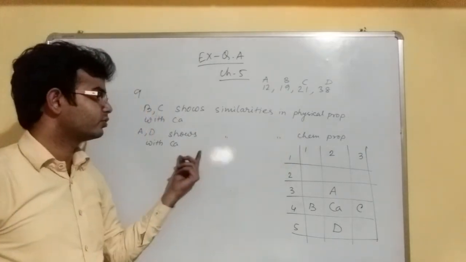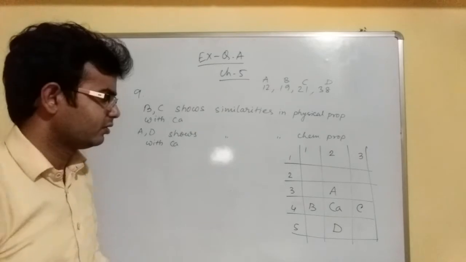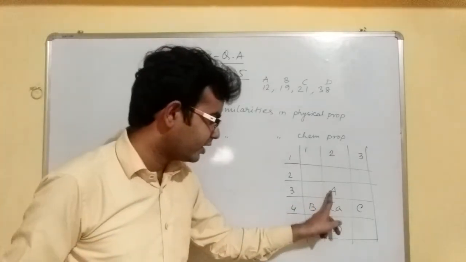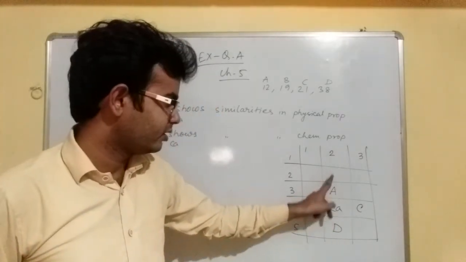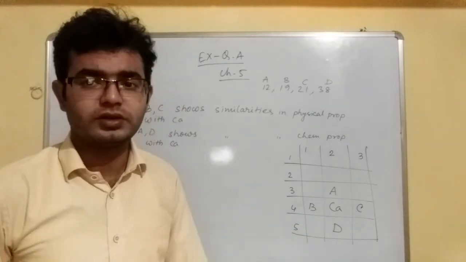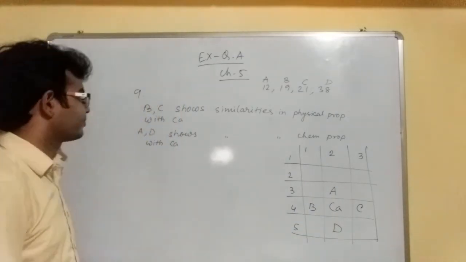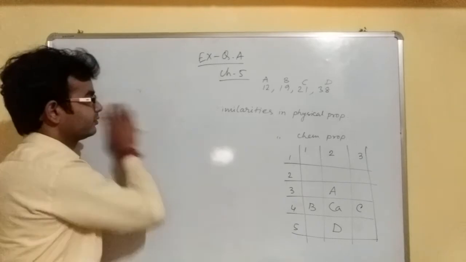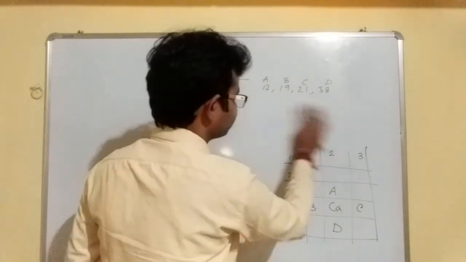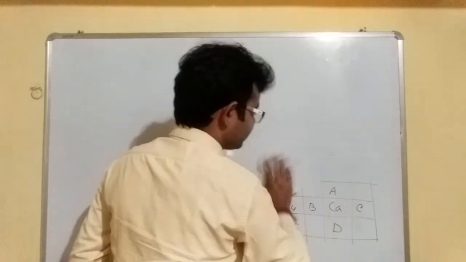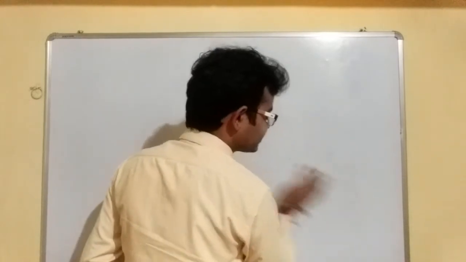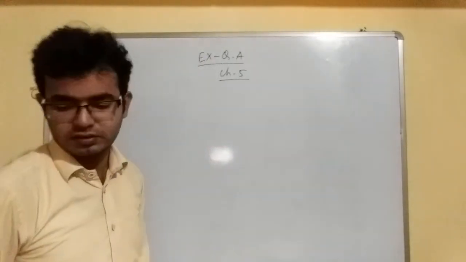Here they show similarities in their chemical properties. Here A is magnesium and D is strontium, Sr: magnesium, calcium, strontium. अब डायरेक्टली आंसर में सिर्फ ए और डी भी लिख सकते हैं ना, ए एंड डी दे शोज द सिमिलैरिटीज।